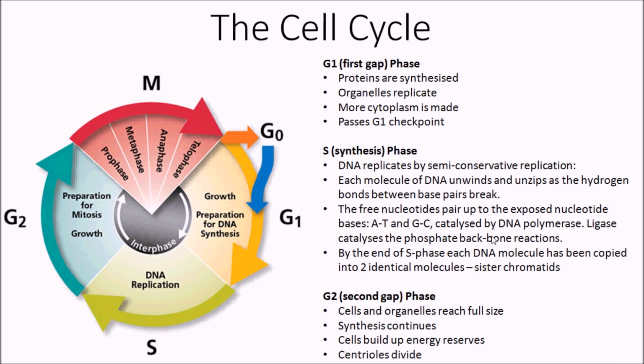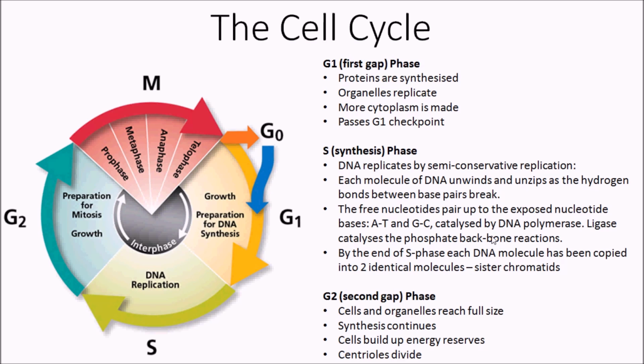Okay, so today I'm going to be talking about mitosis as part of the cell cycle. The cell cycle is divided into interphase and mitosis. Mitosis is only about 5 to 10% of the actual cell cycle. Interphase itself is subdivided into two gap phases, known as G phases, and a synthesis phase, which is the S